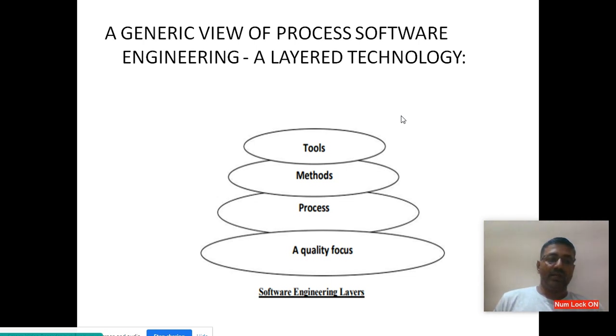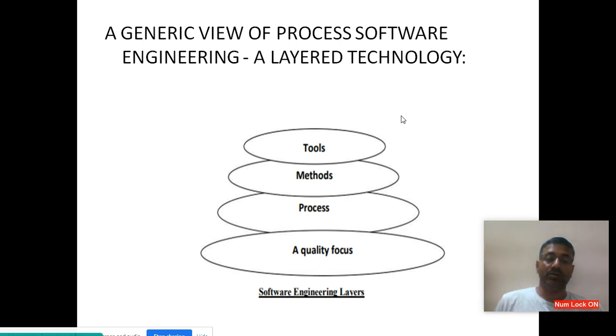This is the generic view of the software engineering process, the layered technology. Here we have some elements: tools, methods, process, and quality focus. These are the various software engineering layers.